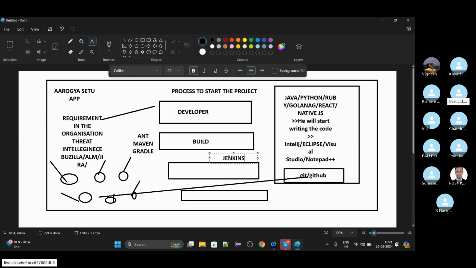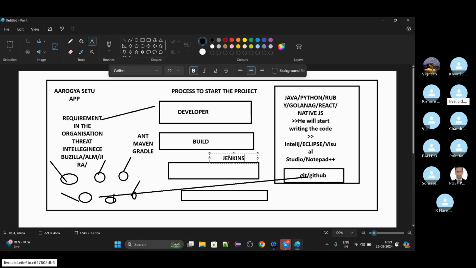Now, what will happen next? After that, there will be a profession where they again do not understand the code. Maybe it can be your project manager, it can be your manager, it can be a scrum master. They won't be able to understand your code. They want something in the form of reports. They want any kind of a report to be available.